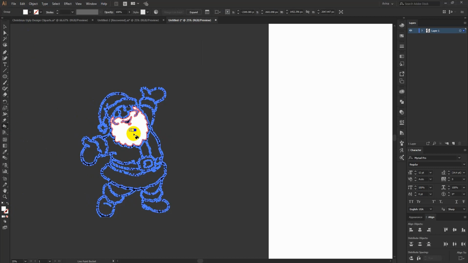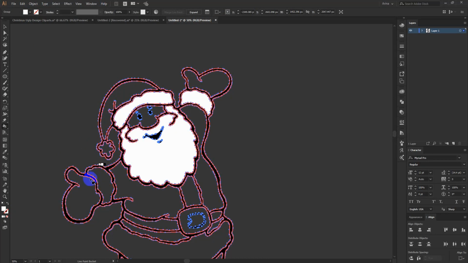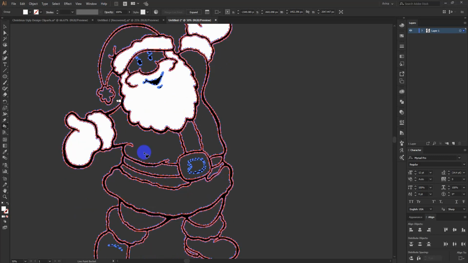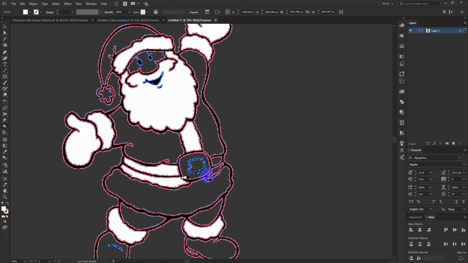If I click in this area, it will fill with white. So whichever area I want to fill with white, I am going to just click it, maybe this one here. Okay, that will be all for me now. Maybe this one here, and this area also I want to keep white. Okay, I kept that one black, but here I am keeping white.